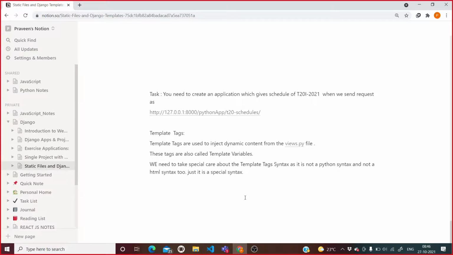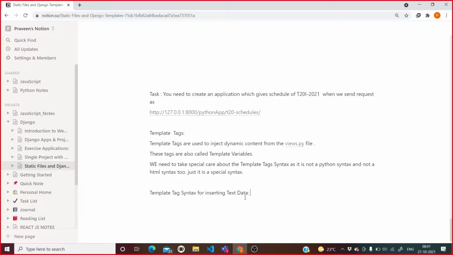And to learn the special template syntaxes, there are several things which we are going to follow. So the first thing we are going to learn is template tag syntax for inserting text data. What is the syntax to insert data from the views.py to our .html file?